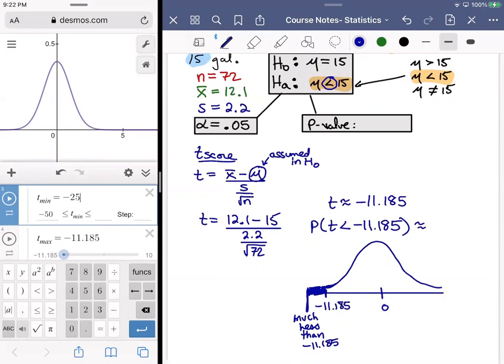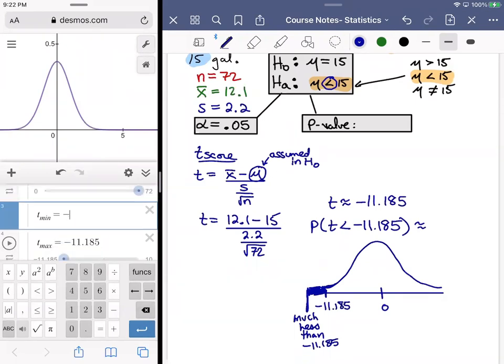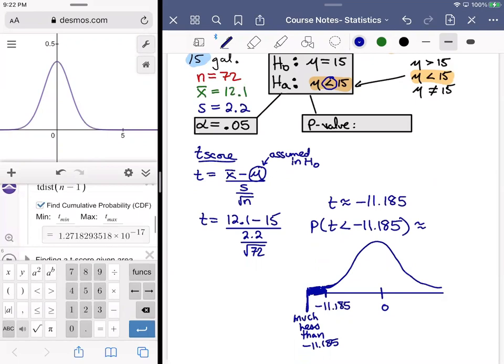So the number here on the high end is negative 11.185. Whatever I put in as T min has to be much less than that. If you want to play it safe, put in like negative 1,000. That'll do the job. Just go way less and call it a day. Either way, regardless, you get a probability value of